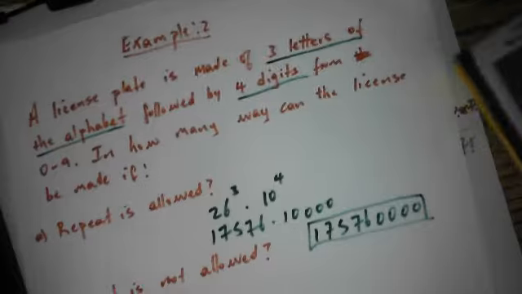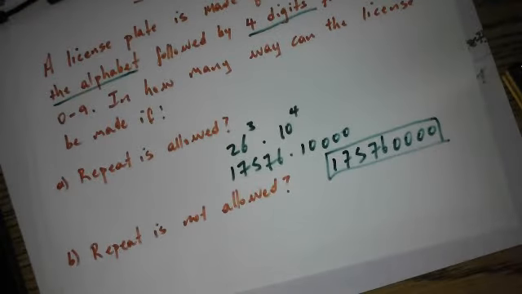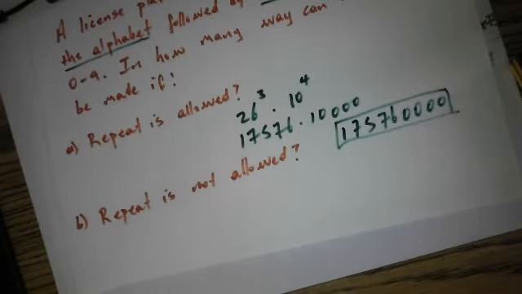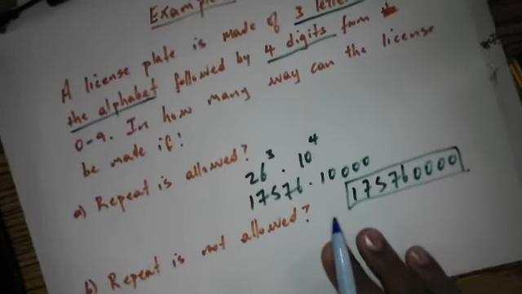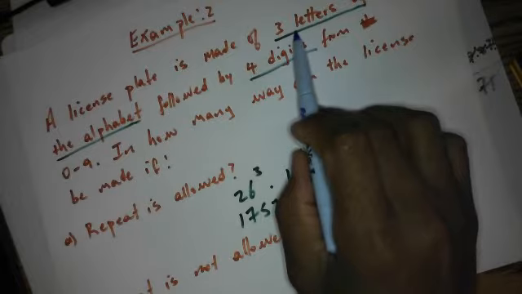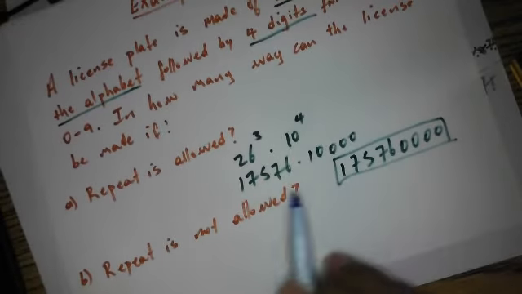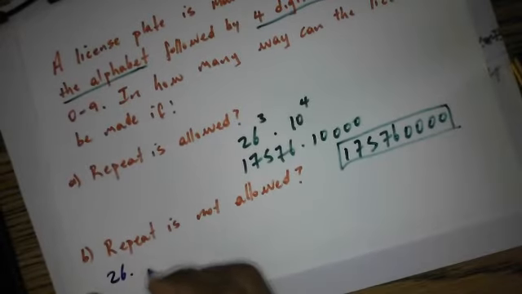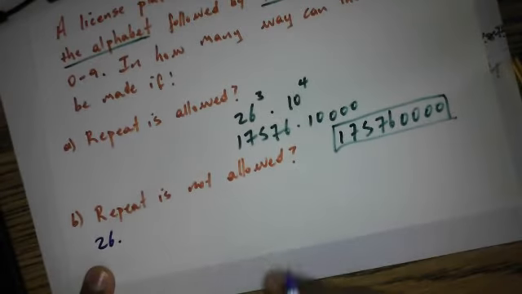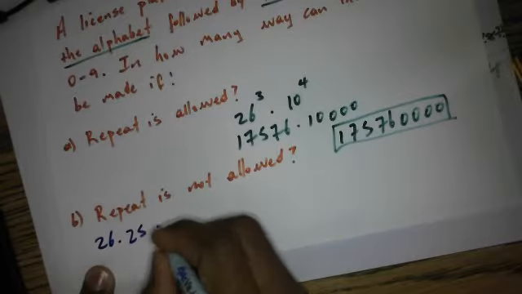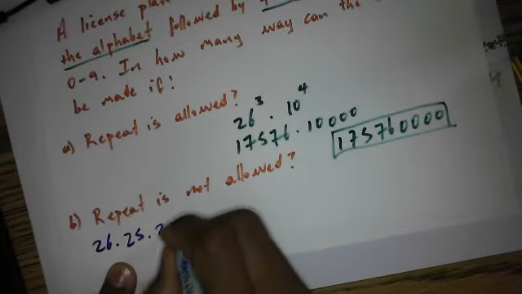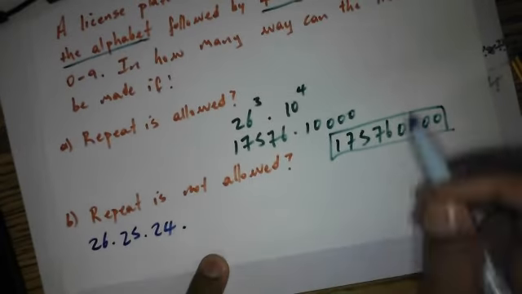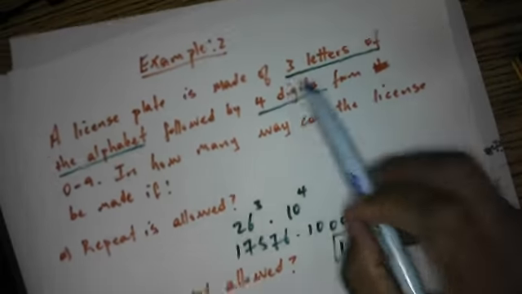Okay, all right. Now we're looking at the same question, but now they're asking us to find when repetition is not allowed. So if repetition is not allowed, we're still looking at a license plate with 3 letters of the alphabet. There are 26 letters of the alphabet, so it would be 26, which is a total, and if you take 1 from the 26, there's only 25 left. If you take 1 from that 25, there's 24 left. So this would be the 3 letters, 1, 2, 3, times